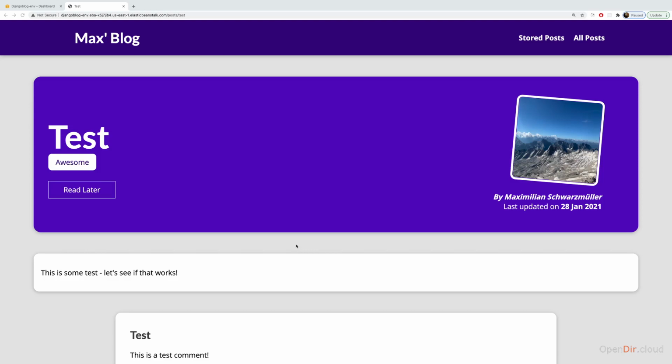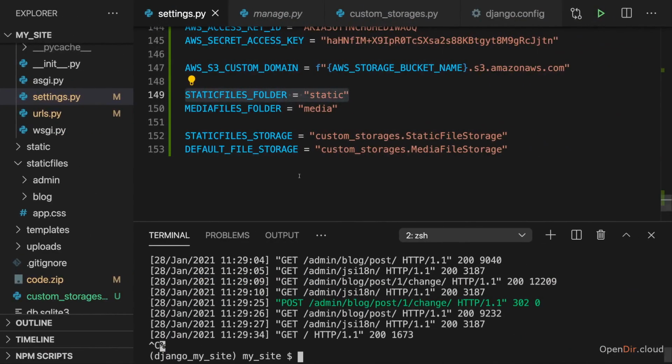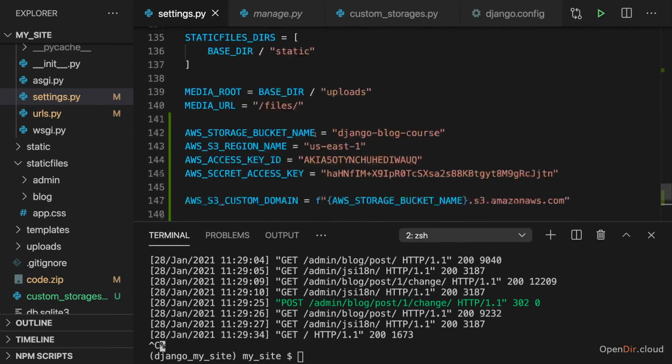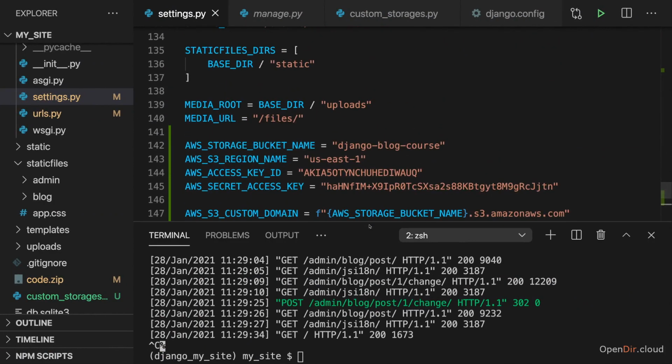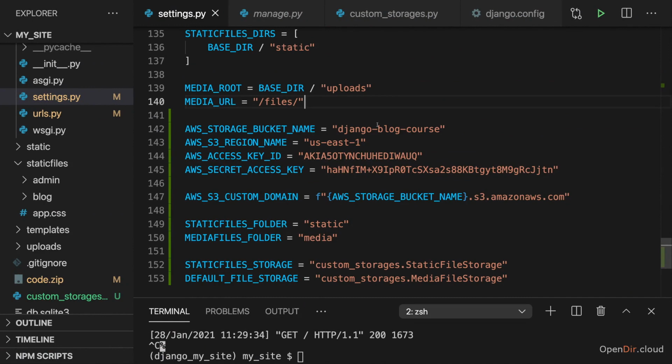So that's it for deploying Django applications. I guess this was a long module with lots of content, but deployment is a topic which is often skipped by other courses, and I think it is important. And it is important to not just show you the quickest possible way, but also show you different alternatives and